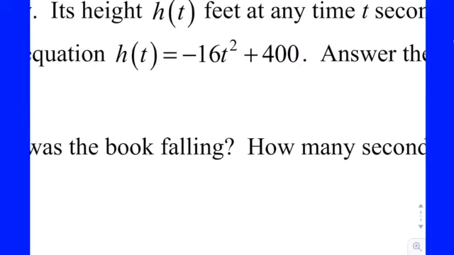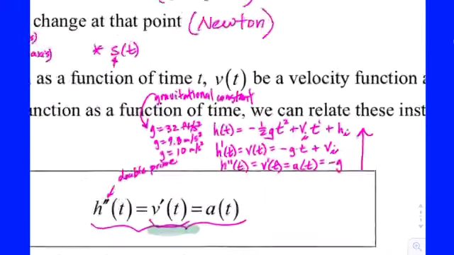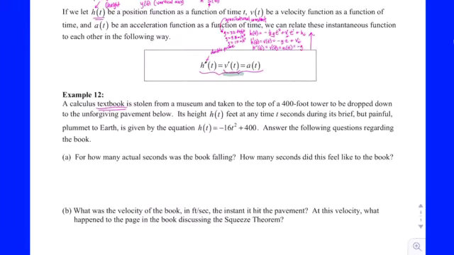So we're not that angry that we're taking it and throwing it down with some initial force or throwing it up above our head. We're simply holding it out over the edge and letting go. So 400 is the initial height. So you can come up with that equation on your own if you know this position kinematic. All right, but I gave it to you. Answer the following questions regarding,